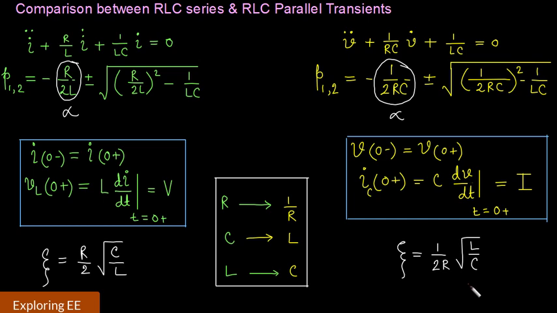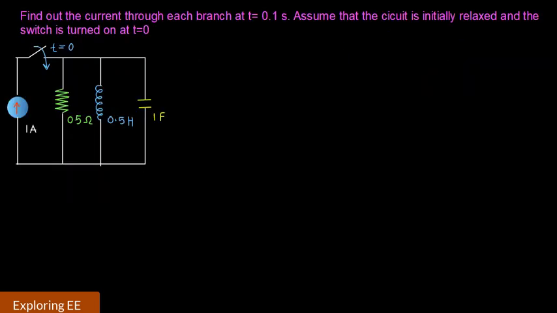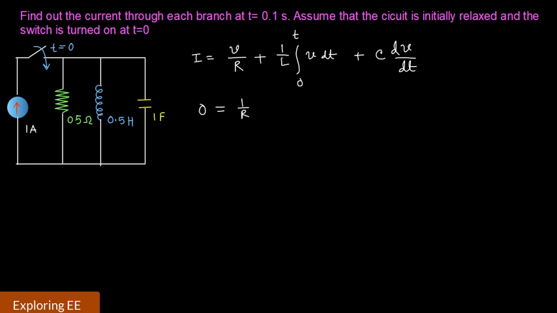Let us solve a simple numerical on a parallel RLC circuit. In this circuit, it is asked to find the current through each branch at time 0.1 second. So let us write down the KCL in terms of voltage across the combination. We get input current I equal to V by R plus 1 by L integral 0 to t V dt plus C dV/dt. If you take the derivative, we get 0 equal to 1 by R dV/dt